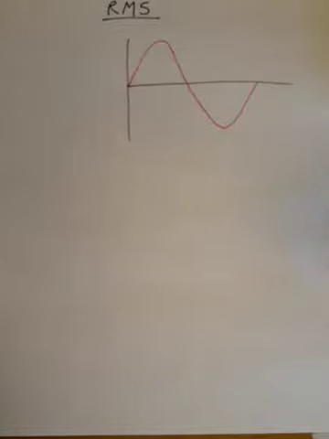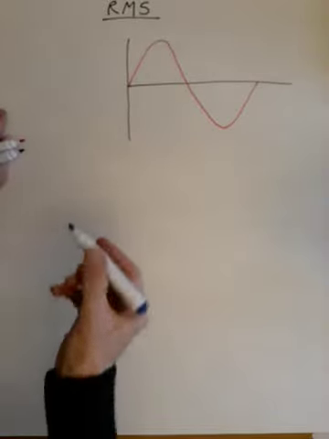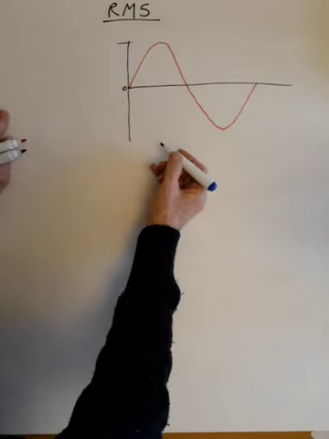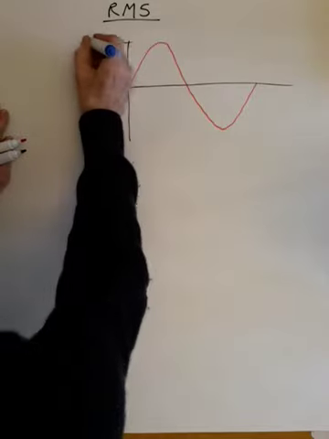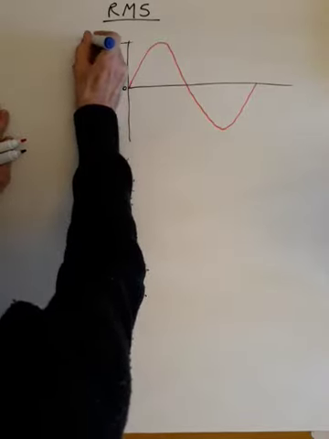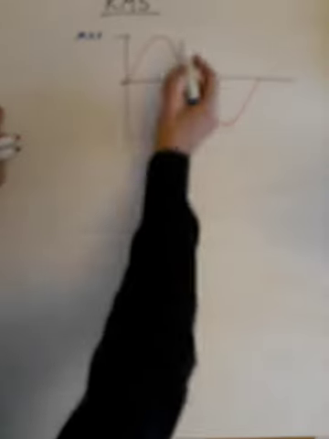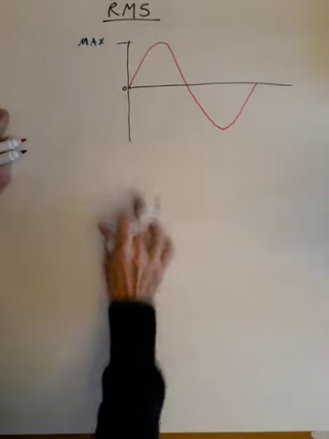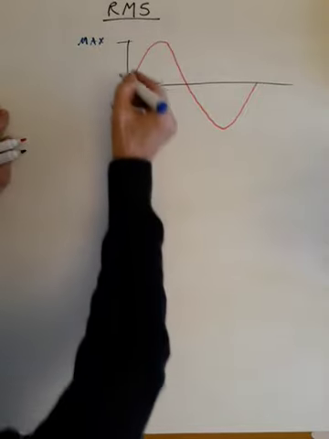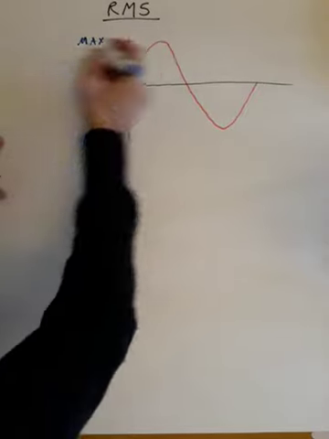For RMS calculations, we need to be able to identify the key parts of the waveform, which we've done previously. So here is the baseline, 0, and this is the amplitude, or the peak. A simple name for it is the maximum value. My pen's not working very well. So the maximum value. If this was a scale of 0 to 1, then RMS occurs at